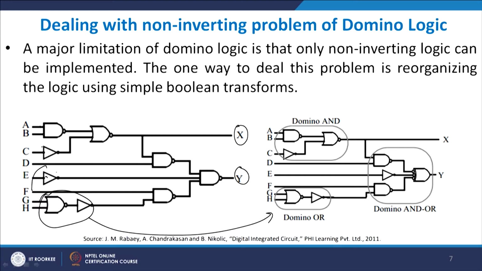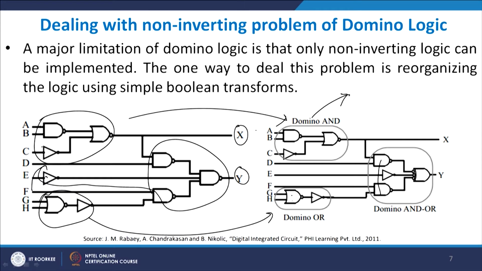I can take this and this together and have a domino AND OR operation. So, this is basically AND OR, which is basically a NAND operation, and this is a domino OR operation because this is a NAND followed by a gate. You have a domino AND operation because you have a NAND gate available here, and therefore, you can convert a simple logic given by this into a domino logic, and you can still go forward with it. Though we do not use too much of this domino logic nowadays because of the problems of cascading.